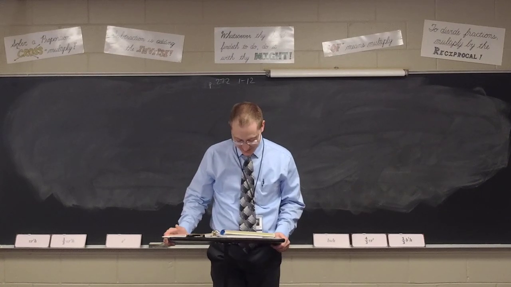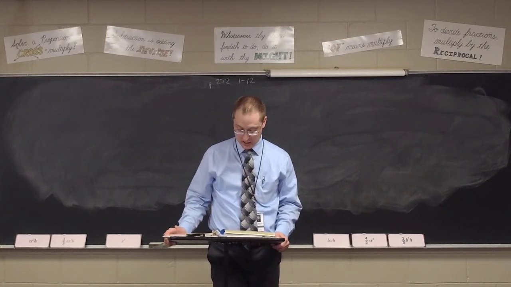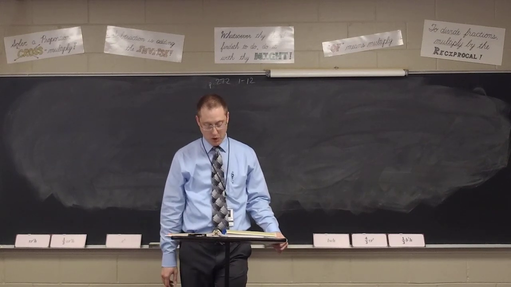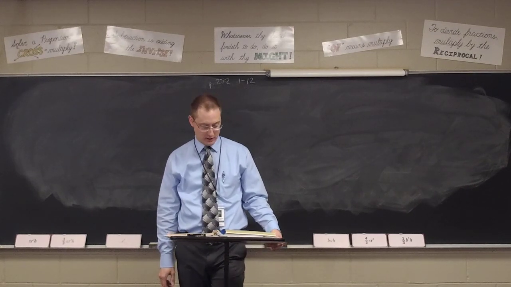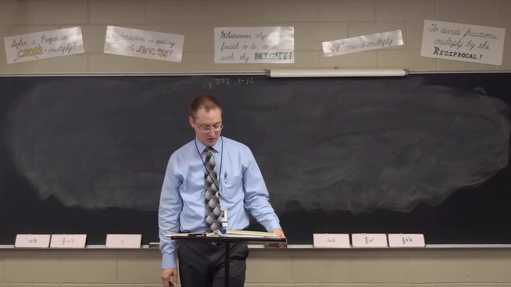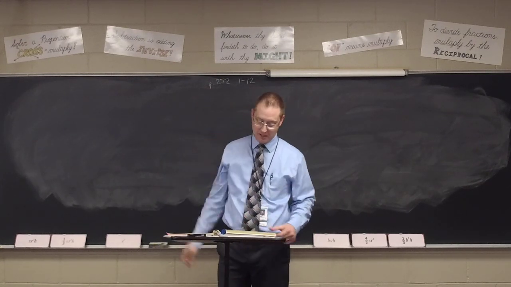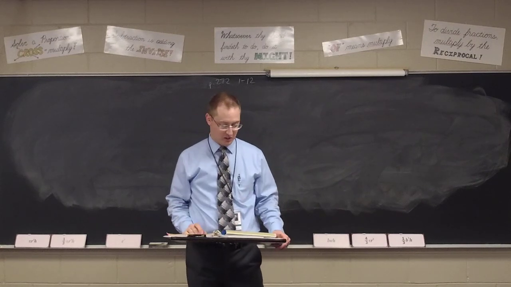Torus. Number 11, a cross section is a single slice of a three-dimensional figure. True. And number 12, a cylinder has one circular base and one vertex. Oh wait, sphere? Wait, cone. Cone, yeah. One circular base and one vertex at the top, versus two circular bases would be the cylinder.